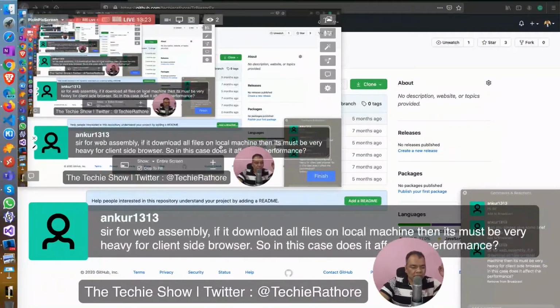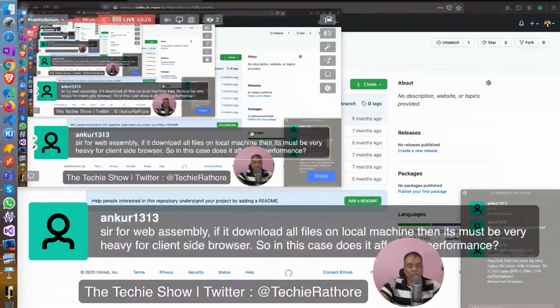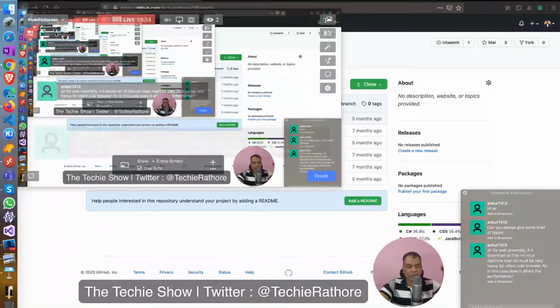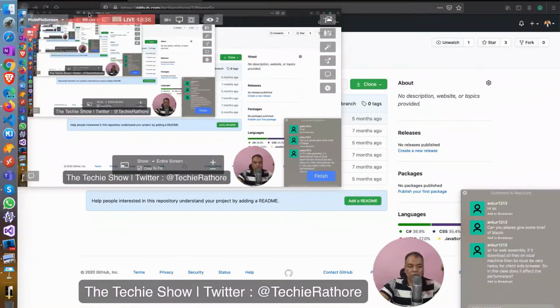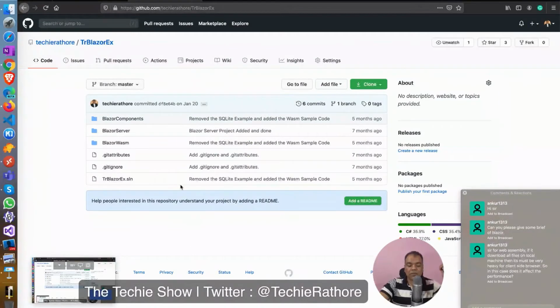Ankur is asking, for Blazor WebAssembly, if it downloads all the files on the local machine, then it must be very heavy for client browsers. Does it affect the performance? Ankur, no, it doesn't affect the performance because the download size is very small.